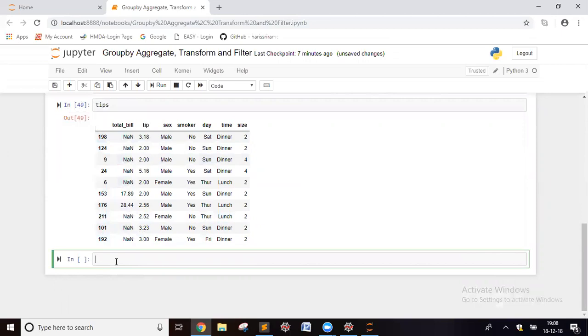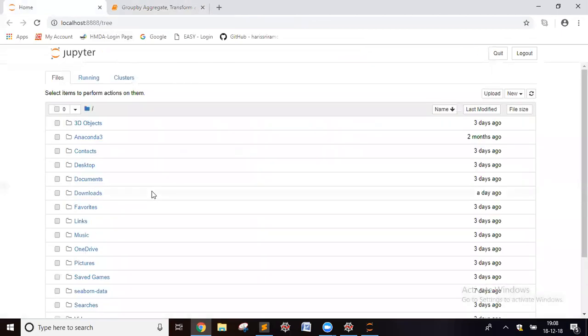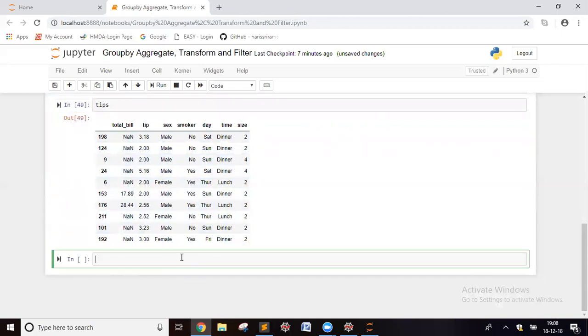Non-missing values by sex. So we have males over here, we have females over here, right? Good to go. Based on this sex, that is, male or female, I wanted to count the non-missing values. So how can I do that? Let's say the counting